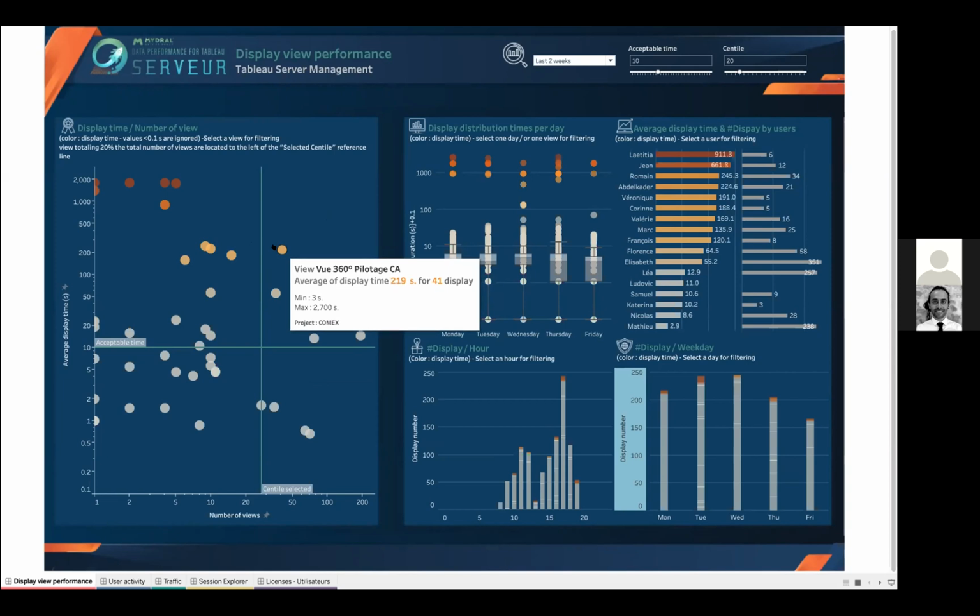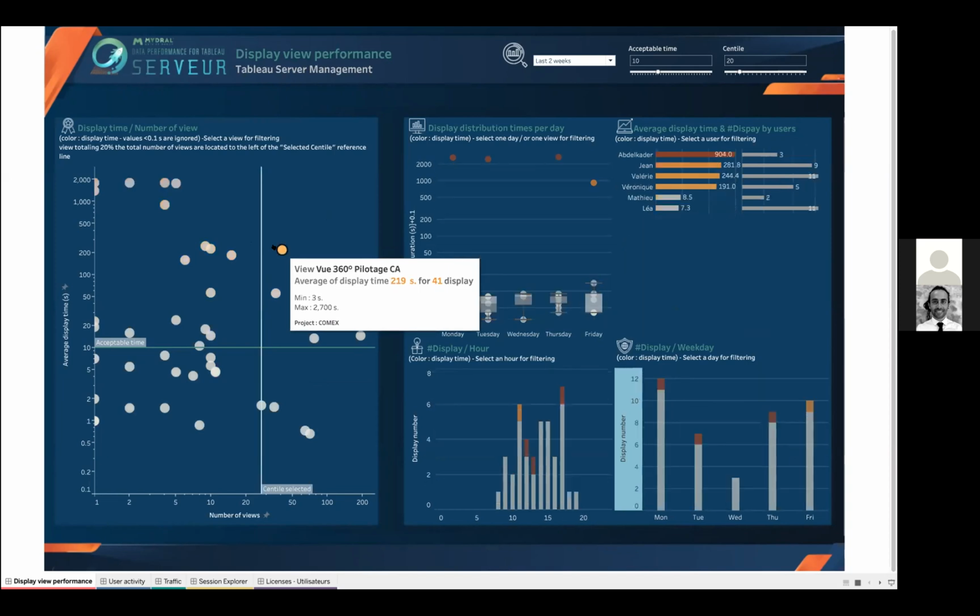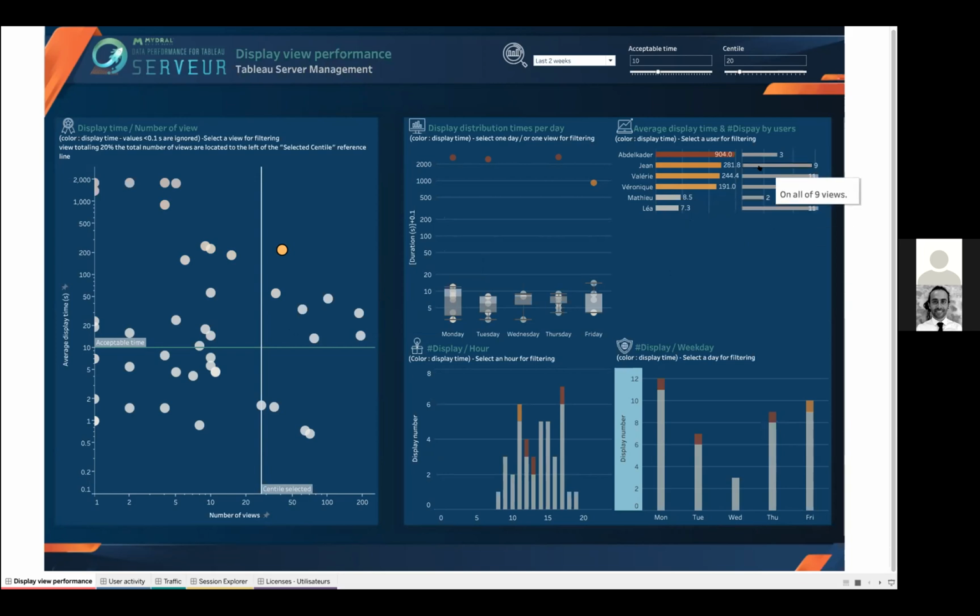So we're going to go and click on it. And what we're going to see here is that all the other views have updated so that we can get specific information about that specific dashboard. So we're going to see, for instance, who's using it the most, who is experiencing the biggest loading issues, and some other information like which day of the week this dashboard is being used the most, and those types of